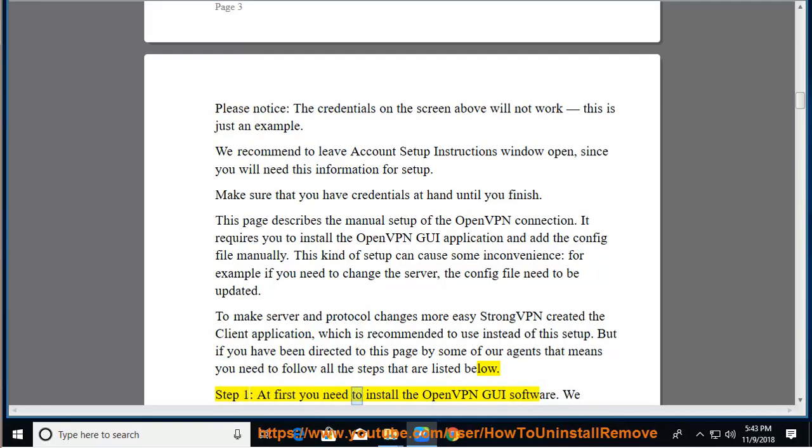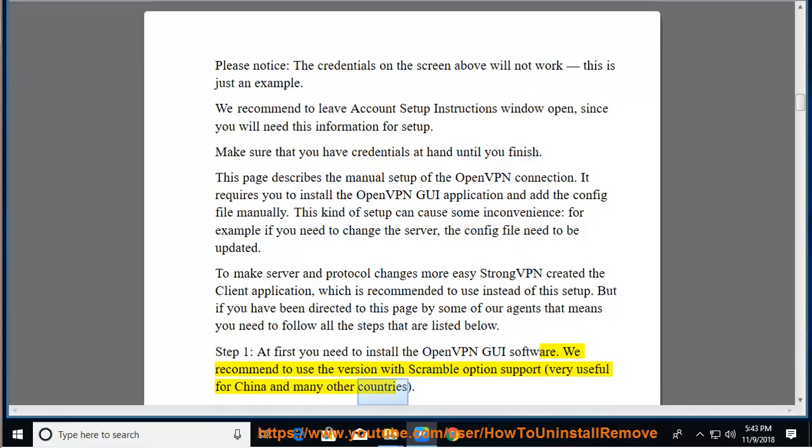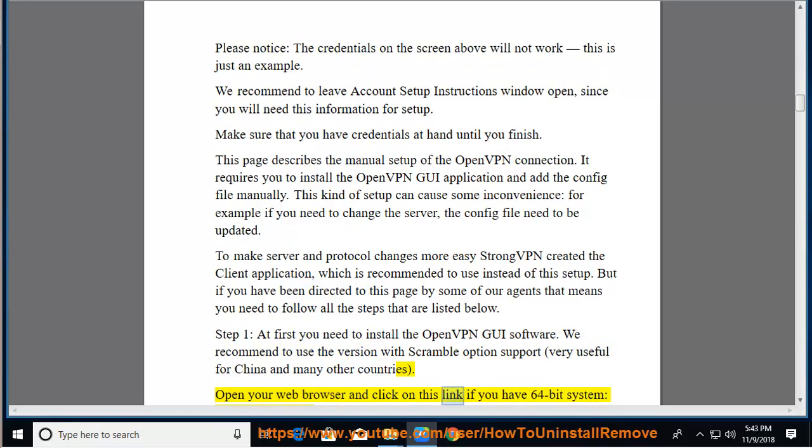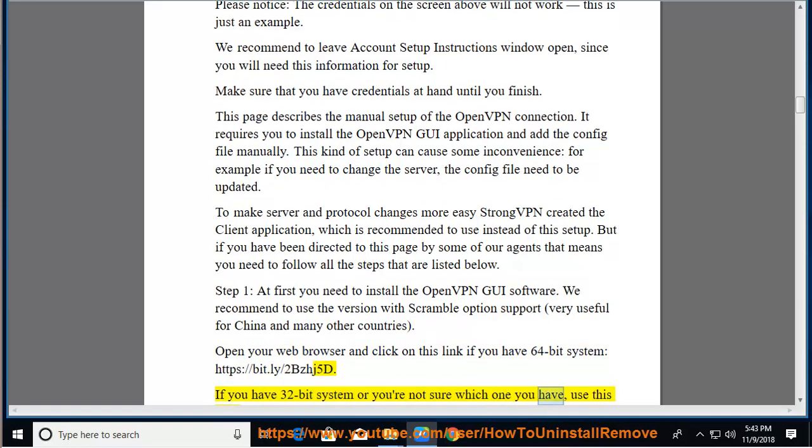Step 1. At first you need to install the OpenVPN GUI software. We recommend to use the version with scramble option support, very useful for China and many other countries. Open your web browser and click on this link if you have a 64-bit system,